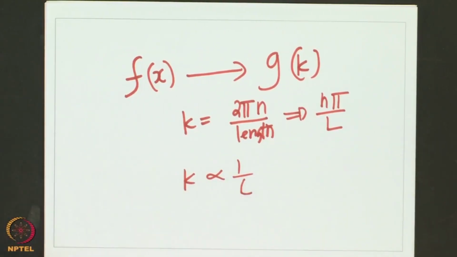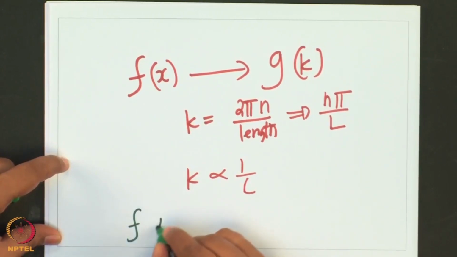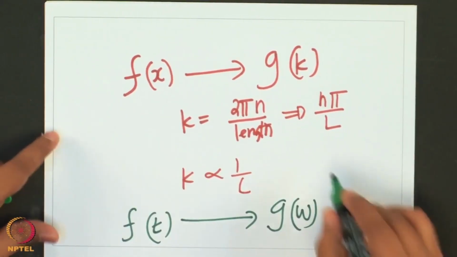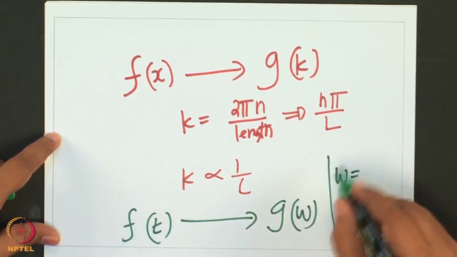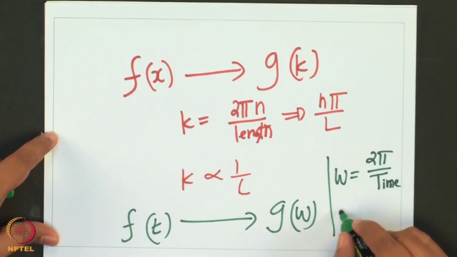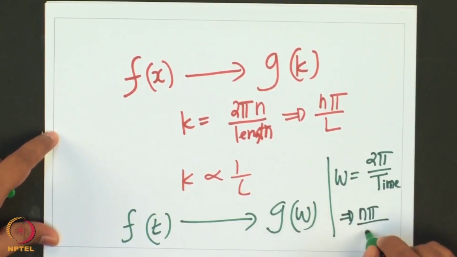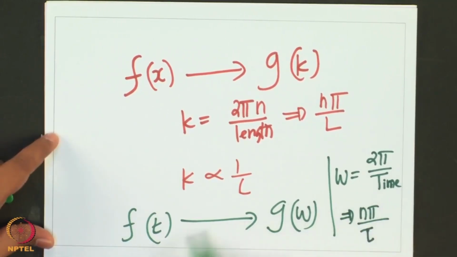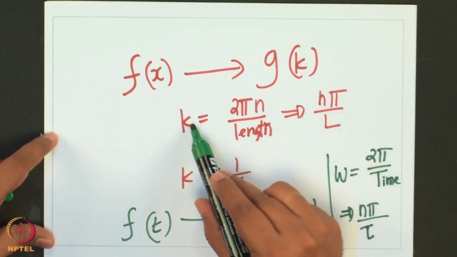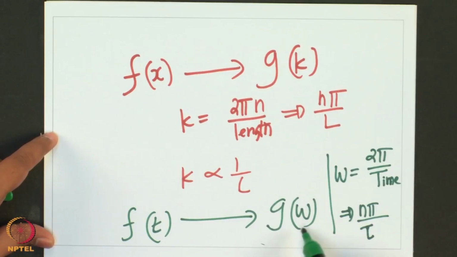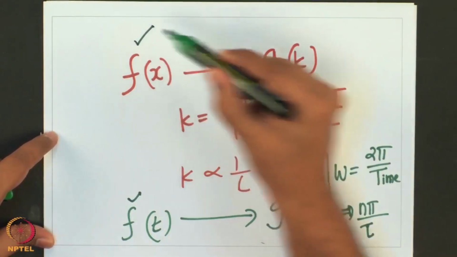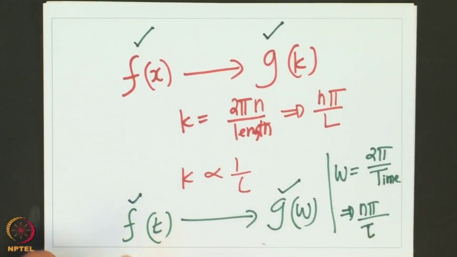Equivalently, you could also have a temporal function, that is f as a function of t, from which you can get g as a function of omega, which is a temporal frequency, where omega is some time function, right? It could be 2 pi by some time, so it could also be some n pi by some tau. So omega has inverse dimension of time and k has inverse dimension of length. So this is length inverse, this is time inverse, and you could either specify this function or specify this function, and that would be equivalent. Here you could either specify this function or specify this function, those are equivalent, but specifying